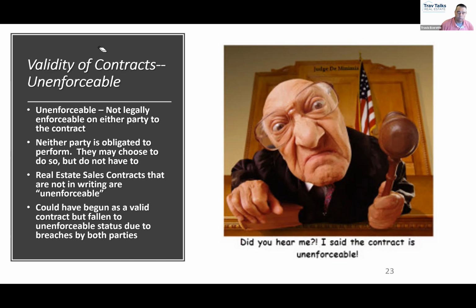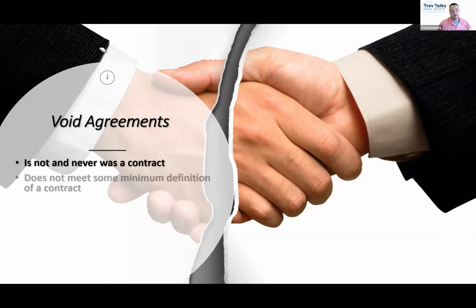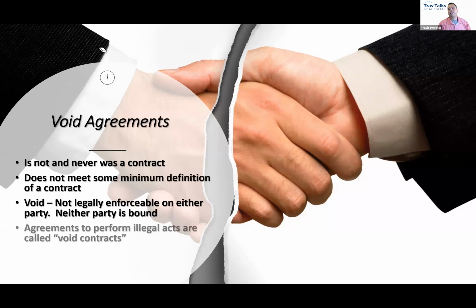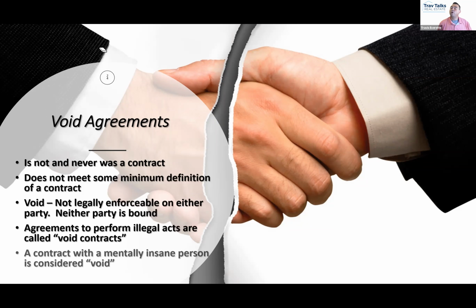And it is the word void, which you heard me say earlier is very different. Void contracts are contracts that never were. They were never an agreement at all because they're illegal. A void contract is not a contract with a minor. That's a voidable contract. A void contract is a contract where the thing that was promised in the agreement is actually illegal. If Patty promises in writing to sell Hilda a pound of marijuana, that's a void contract.